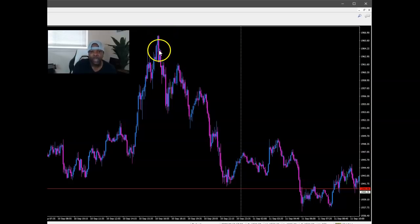So if it was me seeing this engulfing candle, I already know this engulfing candle probably is going to be the highest peak. Therefore, my target stop loss is going to be a few pips above this. Automatically, I know where my stop loss is going to be, because if they do bring this all the way back after the initial impulse move, push,